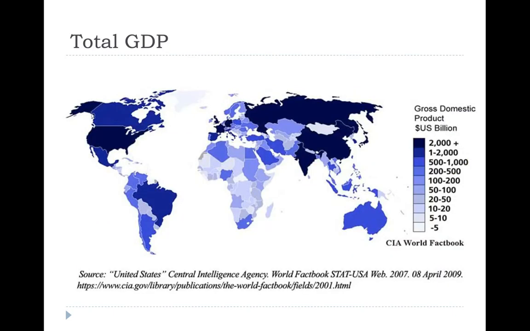And this map shows total GDP. Again, gross domestic product, the value of all goods or services, the average wealth. So this is total GDP, so this is not per person, right, but total GDP. You'll notice that the United States, a couple countries in Europe, Russia, China, India, Japan, all have really high GDPs. And this is where a lot of our manufacturing and commercial business takes place. Whereas the large majority of Africa has a small GDP. Okay? You have not a ton of major economic activity happening.